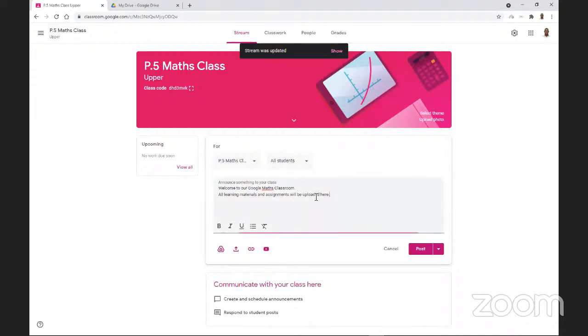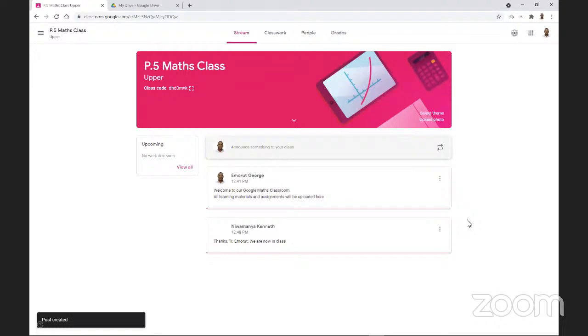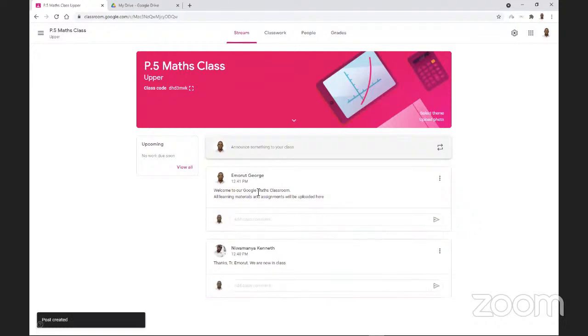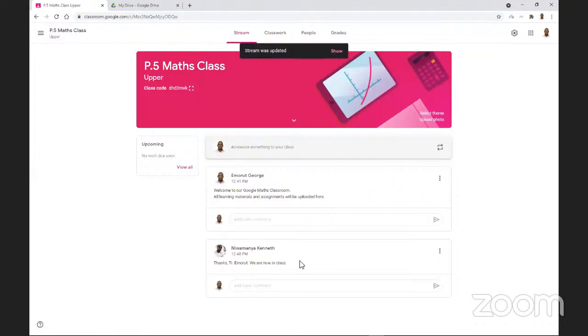But for this particular case, let me just post this notice, and then I say post. So my learners should be in a position to see this now. And still on this platform, you realize that now some learners are already posting something. So remember, we said the stream is a communication platform, a communication section where the teacher and the